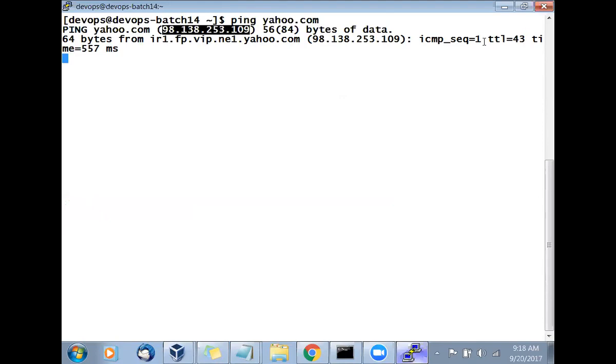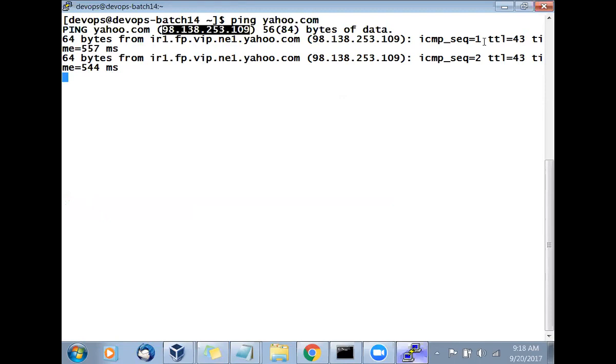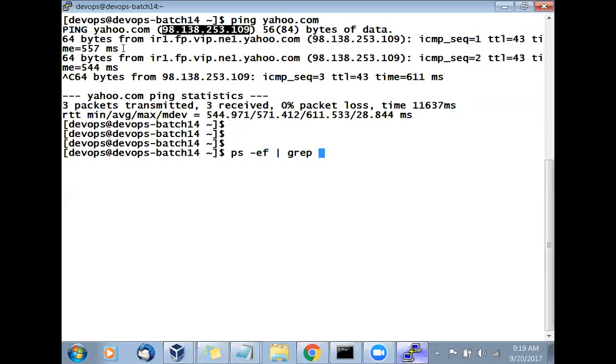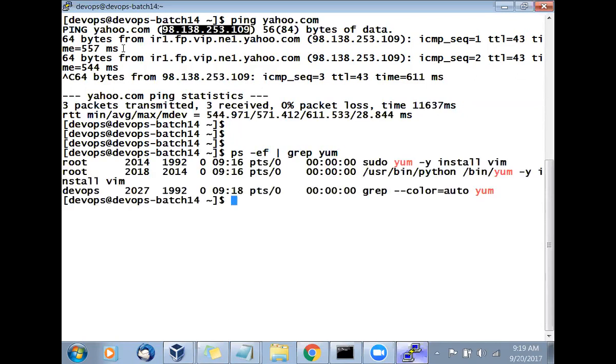So packet 1, packet 2, packet 3, packet 4, and so on. Yesterday, what was the packet timing? 300 milliseconds. Now today is what? That means the network is slow. There is network latency. So ps -ef | grep yum. So we see the process running.